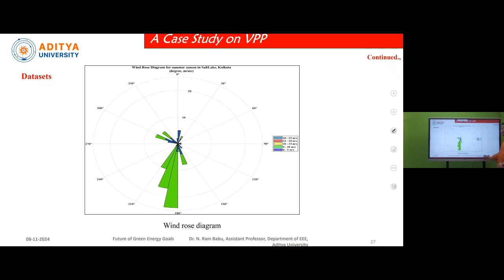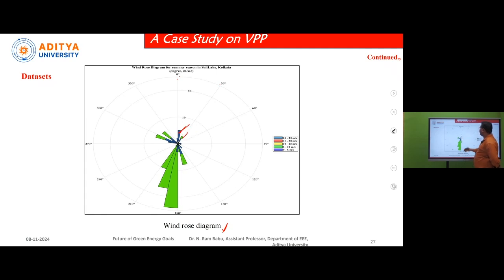The first data set is a windrose diagram. A windrose diagram means the diagram showing in which angle we are getting the maximum amount of energy. If you observe this part here, 0 to 30, 60, like that up to 360 degrees. That means 0 to 360 degrees, the wind tower can rotate. So at which rotation the wind turbine is, you will be getting maximum energy. We'll be discussing it. See here, this is blue in color, green in color, and somewhere yellow is also there, and somewhere light green is also there. So mostly you can observe the green and blue colors.